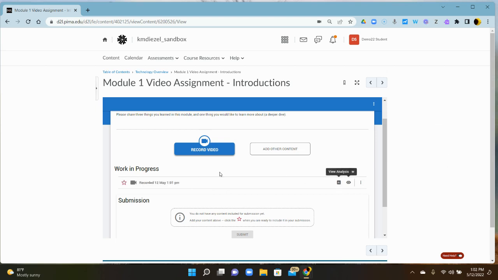Okay, so we see that this has changed now. This is about the recording that we have. And we know that it is ready to submit because the little star that was there before has now changed to red, and we can see this tooltip, add to submission. Before we do that, though, I did want to show you some other options, and that is that you can preview the video again from here.